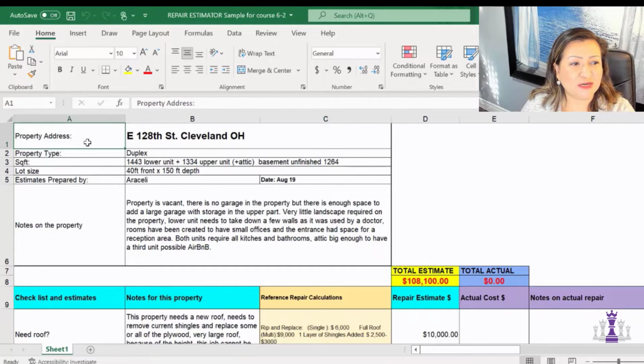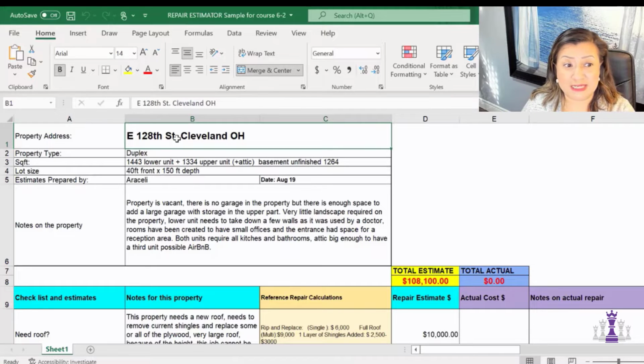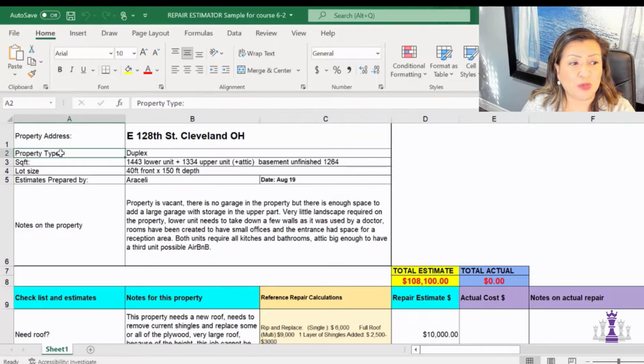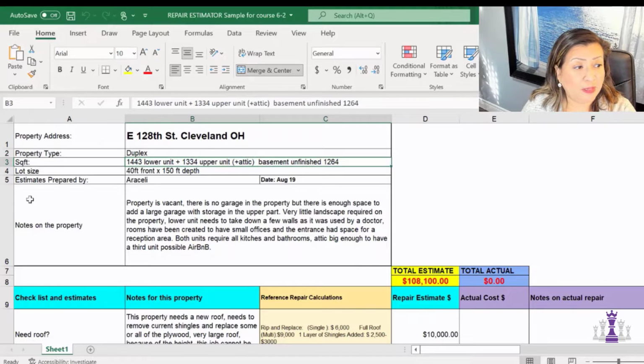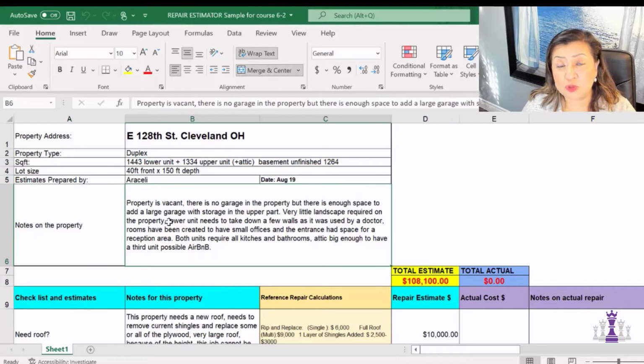So as you can see here, what I do is I always put the details on the property. So the address of the property, what type it is. In this case, this is a duplex. What is the square footage of each unit? The lot size, who did the estimate. In this case, I did that, and the date. And I have a few notes, what I want the use of this property to be, if it's going to be a flip,